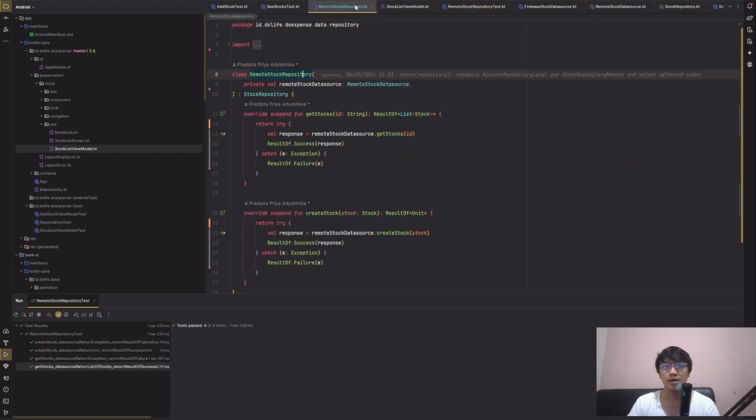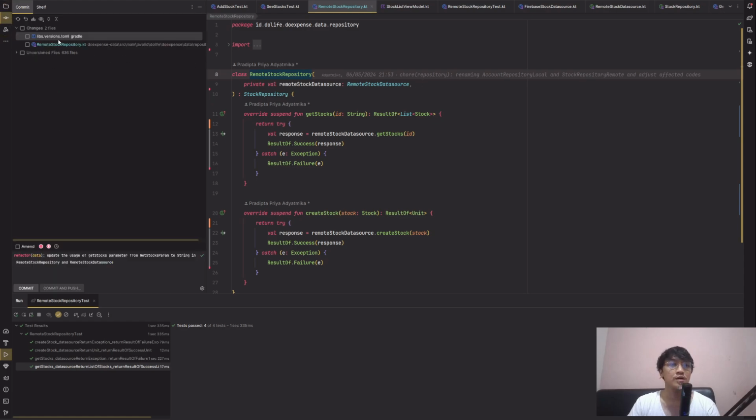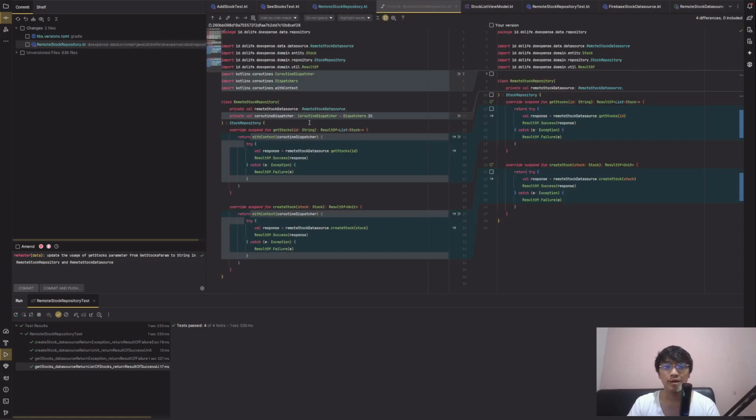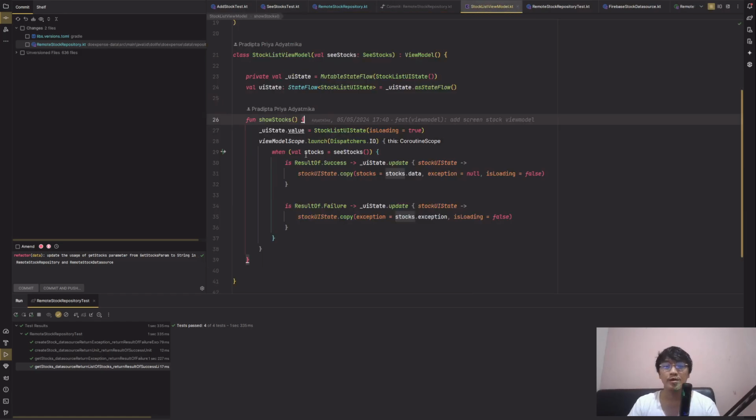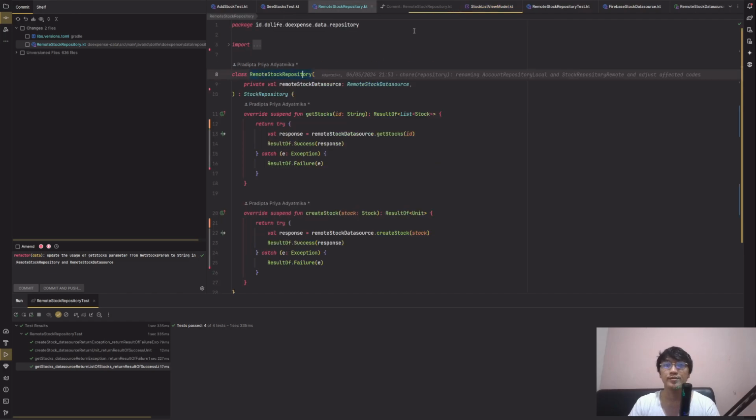So there's actually no change. I don't really need to add a coroutine dispatcher in here because, like I've said earlier, it's already been put in my view model scope.